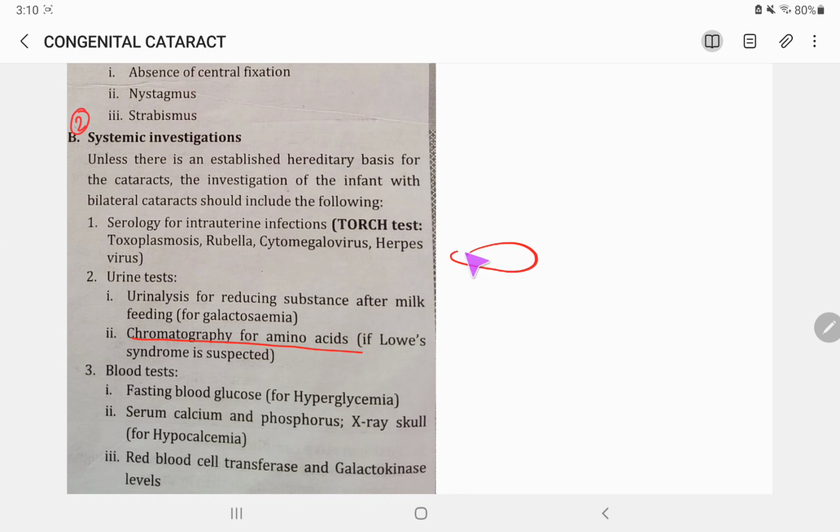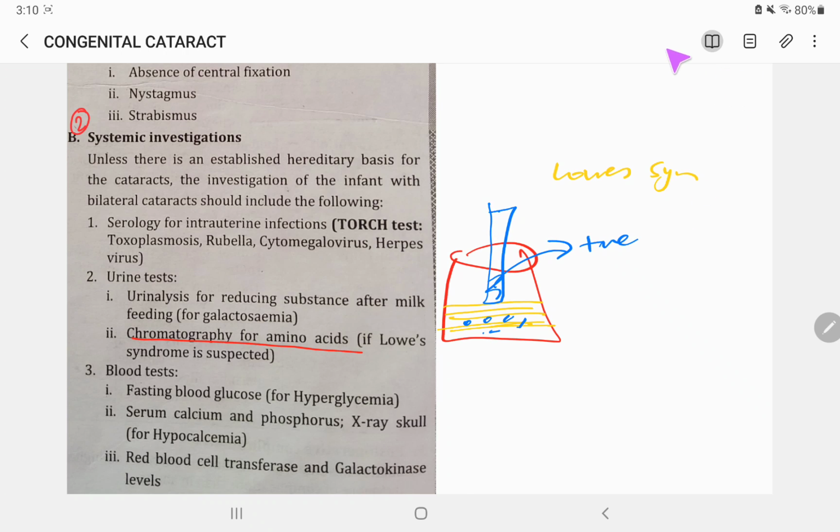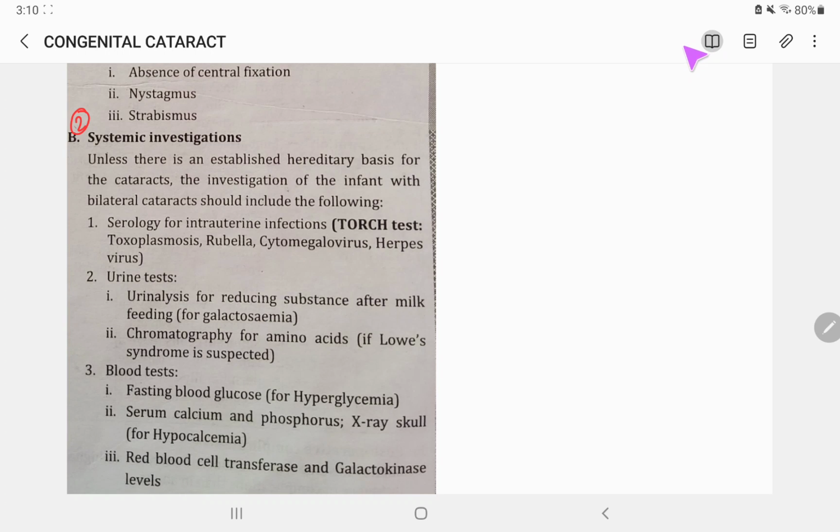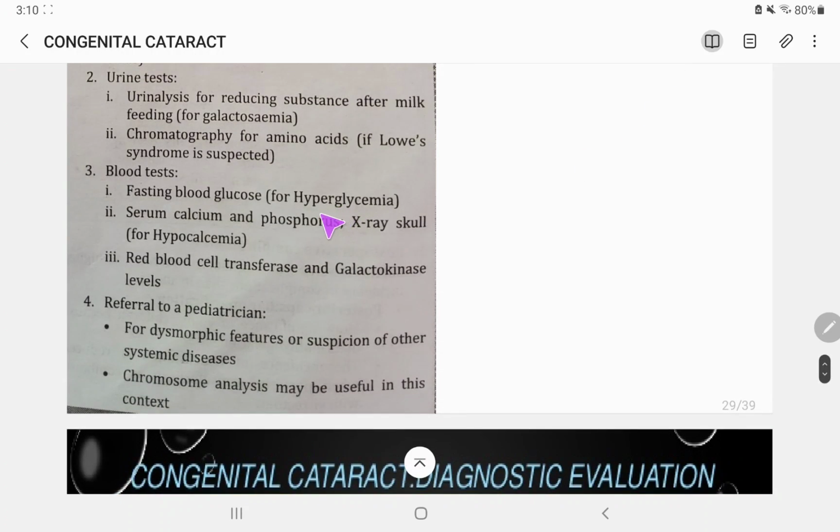So we will take a jar, and then we will ask the baby to fill the urine here, and if he has Lowe syndrome, then the urine of the child will contain amino acids, all these amino acids. So we will do a filter paper chromatography test, and it will be positive. So we can associate it with Lowe syndrome. So it's very simple. And now blood tests for hyperglycemia, fasting blood glucose of the child, and then serum calcium